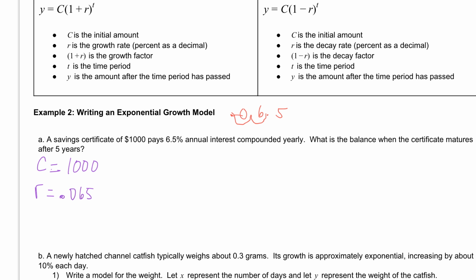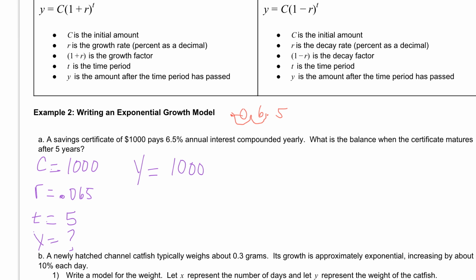Then we need to know what T is. And it says, what is the balance when the certificate matures after 5 years? So our time period we're talking about is years, and we're looking at 5 years to have gone by. And then Y, what is the amount after that time period has passed? Well, that's what we're looking for. That's our unknown. So now all we have to do is plug everything into our equation. And we get Y equals